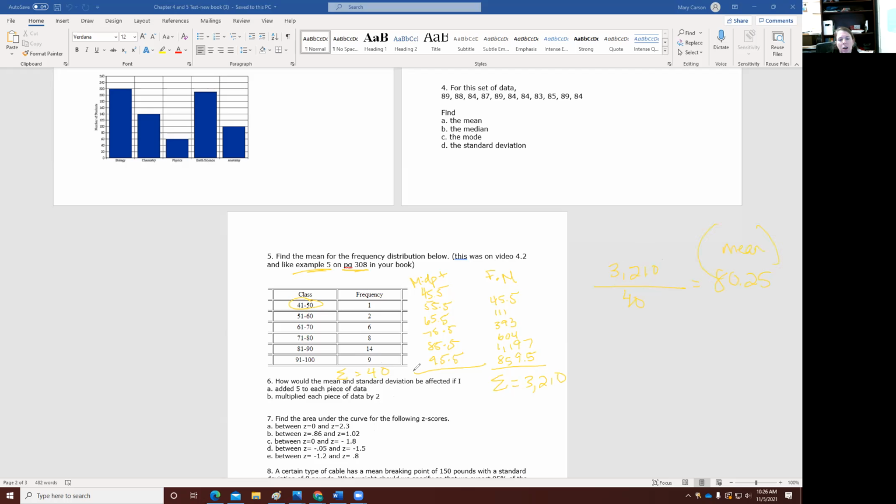Okay. The next question is how do you find the mean and standard deviation that will be affected if you added 5 to each piece of data. So let's say I just come up with a data set. I'm going to use 1, 2, 3, 4. The first thing you have to do is find the mean and find the standard deviation. I'm just going to use my graphing calculator, and we go to stat, edit,